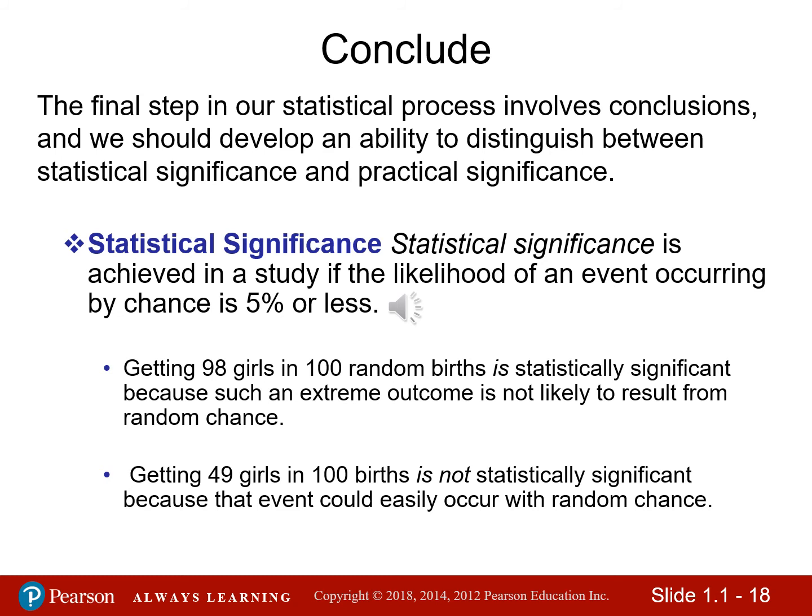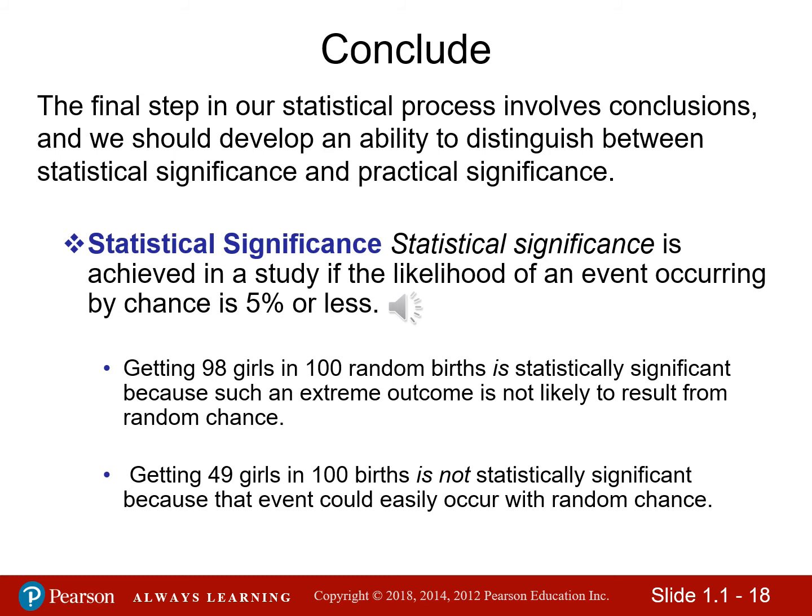So, for example, if we take a random sample of 100 births and 98 of those births were girls, we would say that this is statistically significant because such an extreme outcome is not likely to result from random chance. This would be a rare occurrence, and we might suspect that there is some other factor that